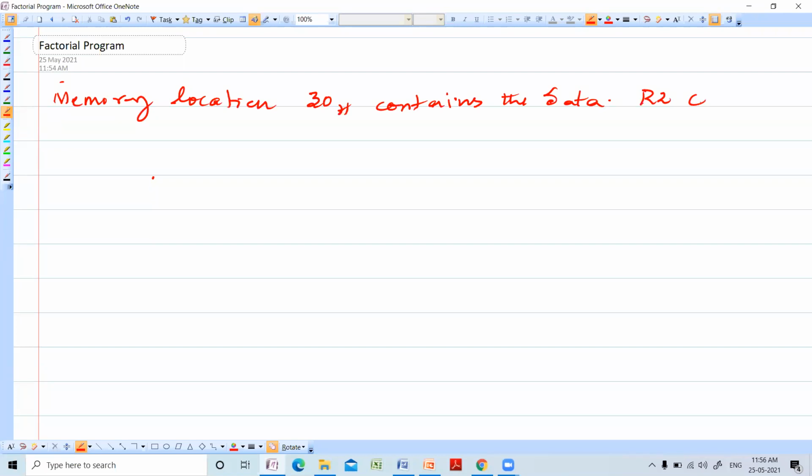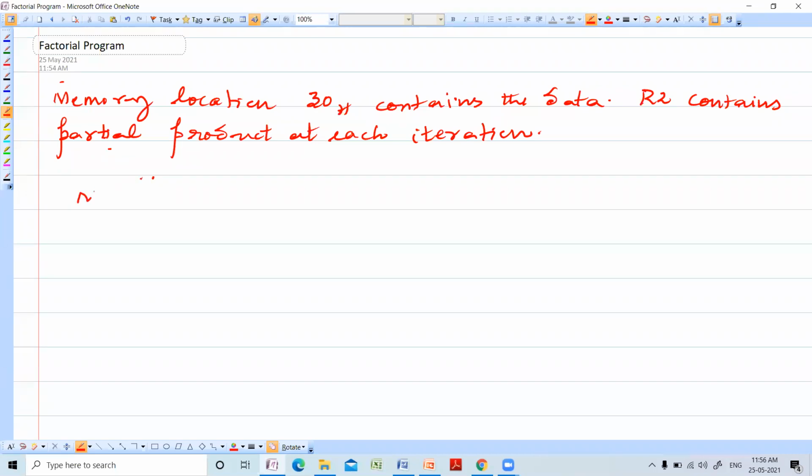R2 contains the partial product at each iteration. These are all some assumptions. If you write it, it will be very clear.